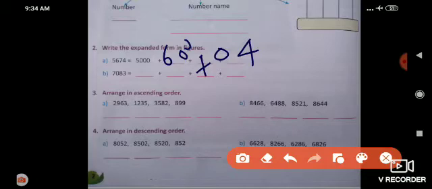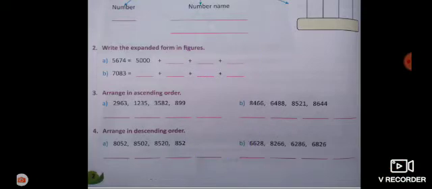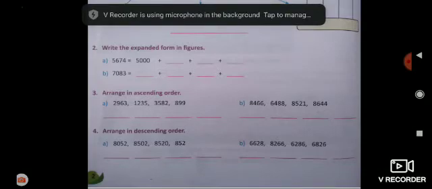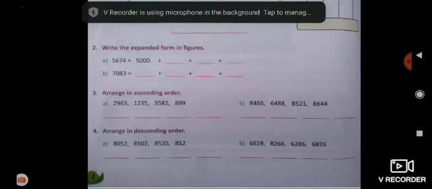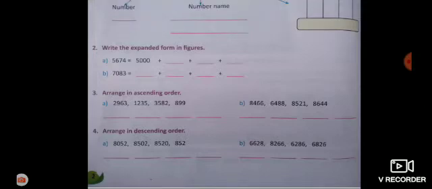Next we are going to see arrange in ascending order. What is meant by ascending order? Smallest number to largest number. We are going to arrange from smallest number to largest number. Here which is the smallest number? Before arranging this, you have to count whether the four numbers have an equal number of digits. See, the first number is 4 digits, second number 4 digits, third number 4 digits, and the fourth number is 3 digits. Which is larger, 4-digit or 3-digit number? 4-digit number is larger, then 3-digit is smaller. So you write the 3-digit number first.